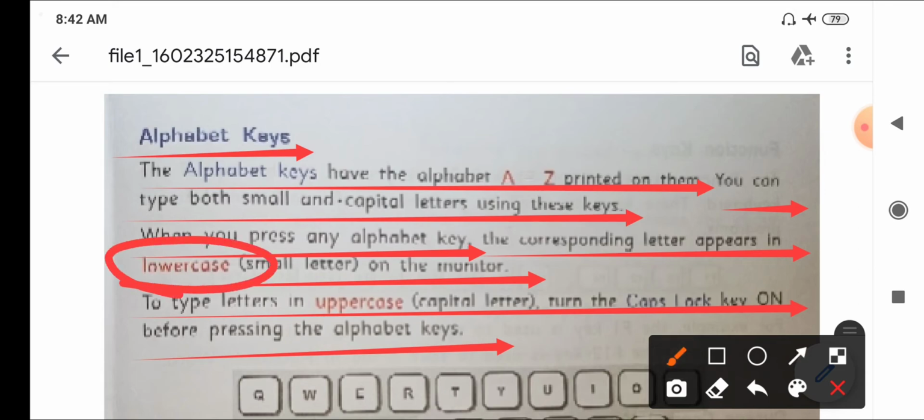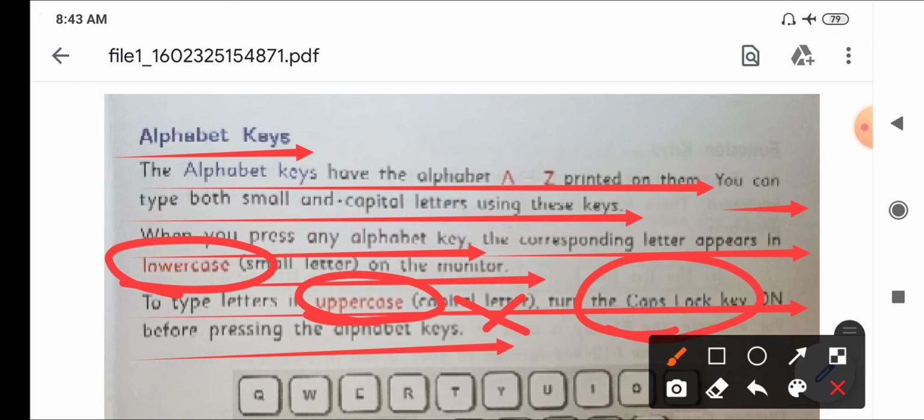If you want to type letters in capital, you have to turn on the Caps Lock key. Which key do you have to turn on? Caps Lock key. In computer language we do not call it capital letter, we call it uppercase.